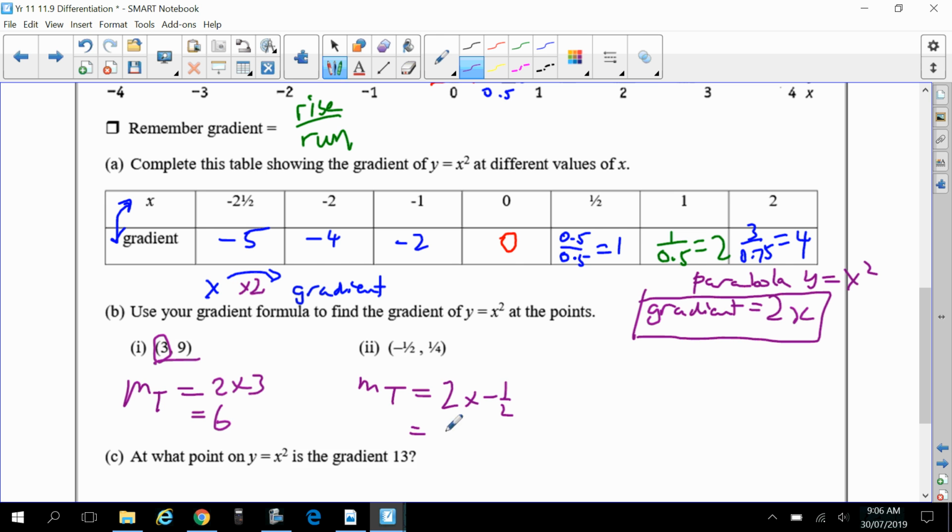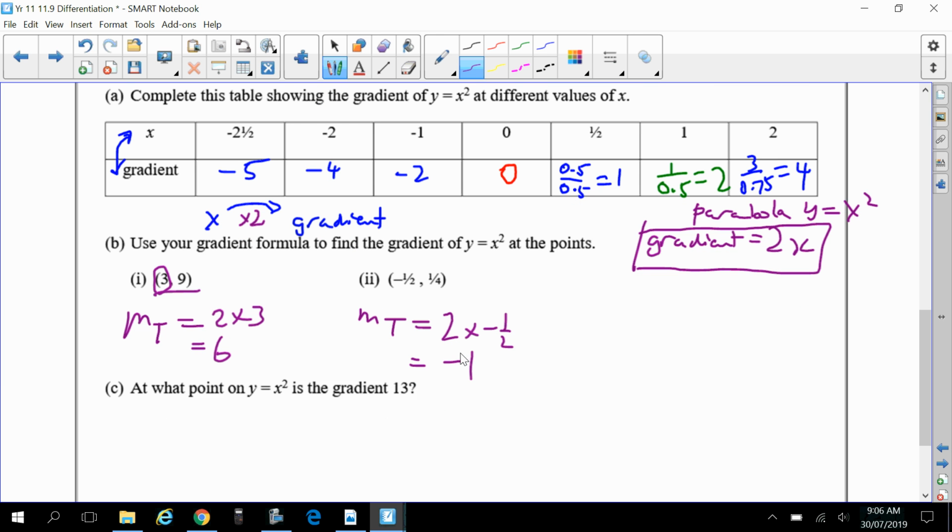-1, good, which is -1. Well done. Okay, pretty straightforward. Oh, we can go reverse. What if I give you the gradient? Does it give me the point? We can, isn't it? Because gradient equals to